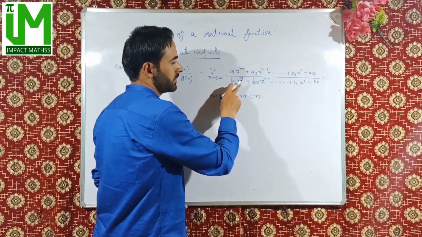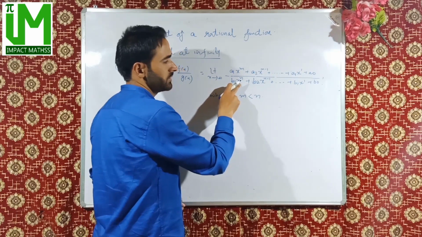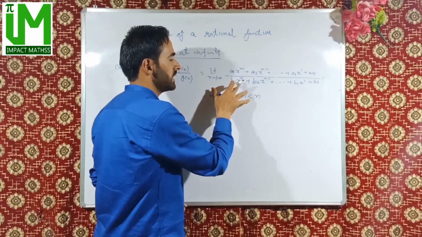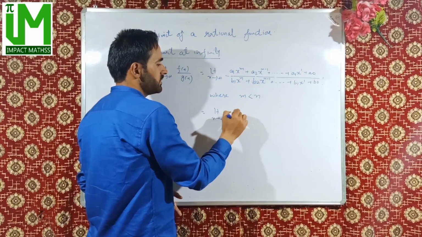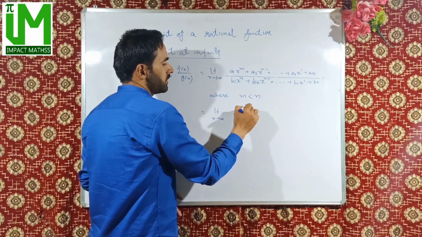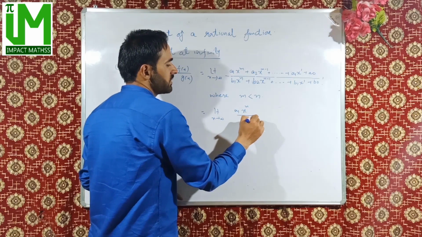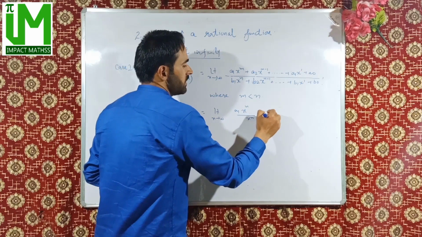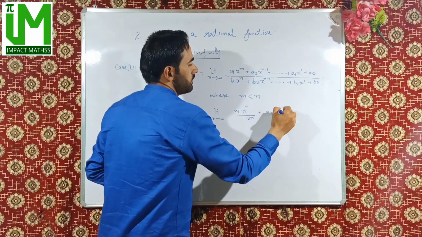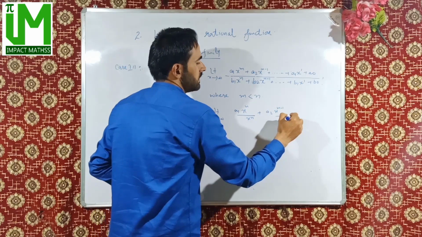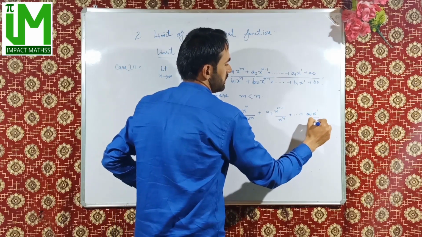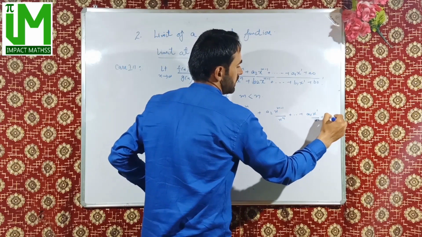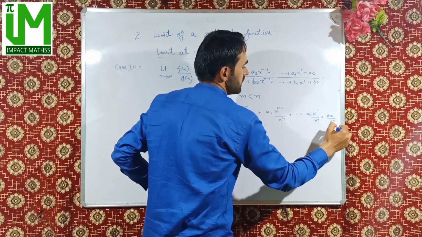Here the highest power term is x to the power n, so we divide the numerator and denominator by x raised to power n. So it will be limit x tends to infinity a1 x to the power m divided by x raised to power n plus a2 x to the power m minus 1 divided by x raised to power n plus a1 x to the power 1 divided by x raised to power n plus a naught divided by x raised to power n